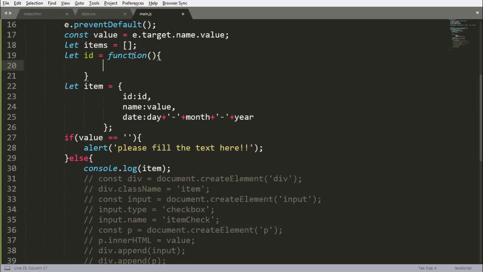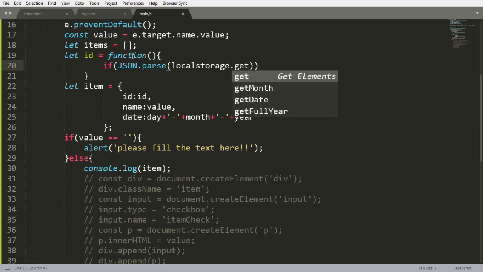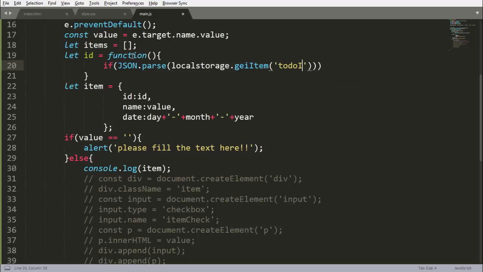So now there is our if condition: if JSON.parse localStorage.getItem todoItemsTut.